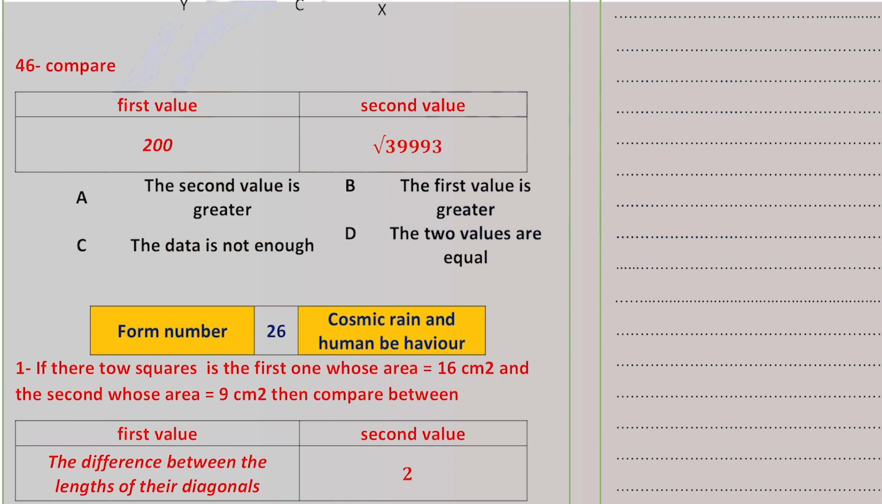If two squares, the first whose area is 16 square centimeters and the second whose area is 9 square centimeters, then compare the difference between the lengths of their diagonals and the number 2. Okay, the first square